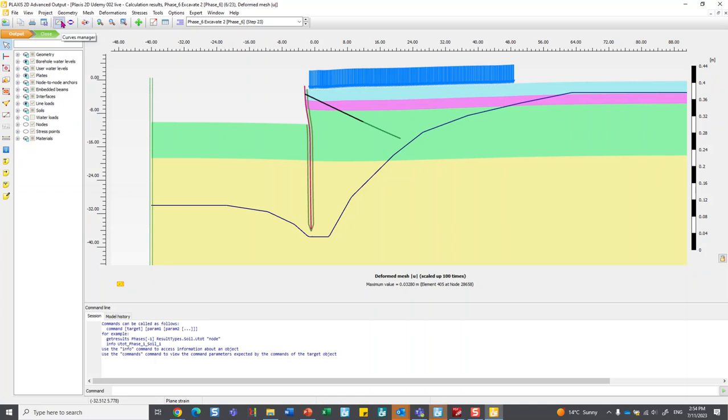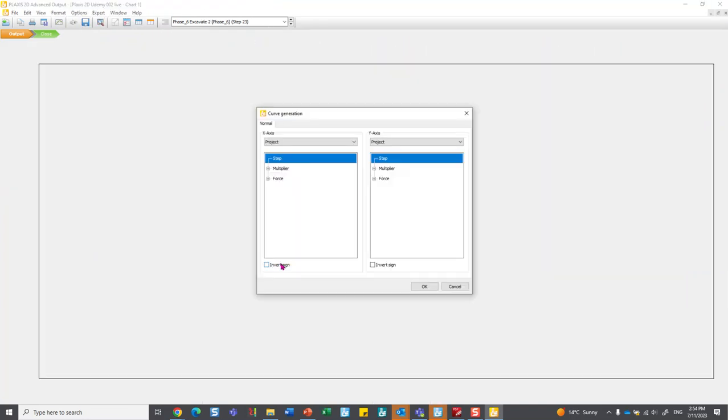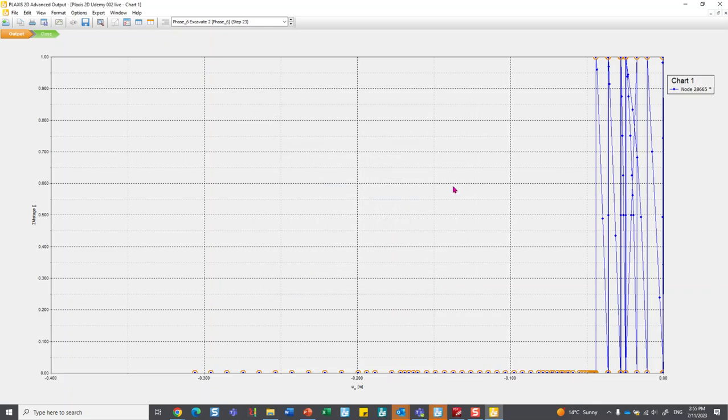Now for completeness, you can go to the curve manager if you are interested in creating something. In this project I had a node, if you remember. In this node I'm interested in, say, the lateral movement of the first node, which is the crest of the sheet pile, of the soldier pile. So that's UX. And I would go to the sigma stage here, and I should be able to see a curve. So it has shown me a curve. It may not be very revealing, but